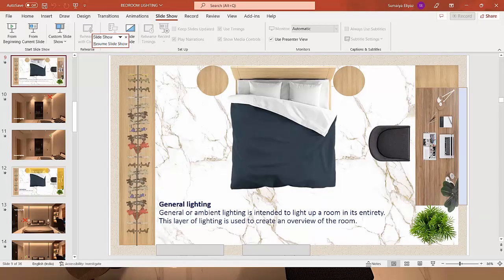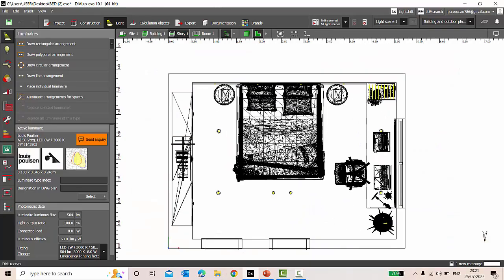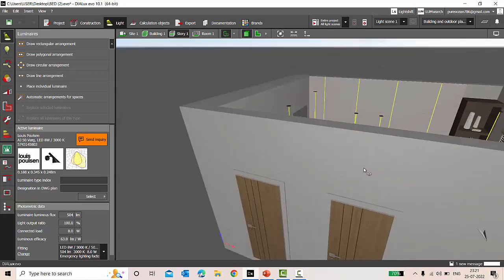Let's go to our Dialux model. This is the area where the task is mainly performed, so at the workstation I need task lighting. Already I have two downlights here as general lighting. I'm going to use the same downlights as my task light on this side, so that when I enter the room,